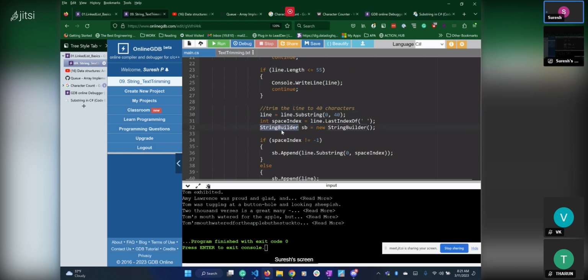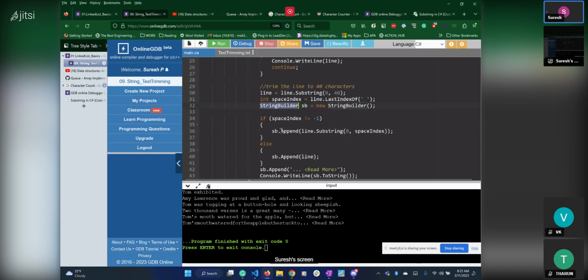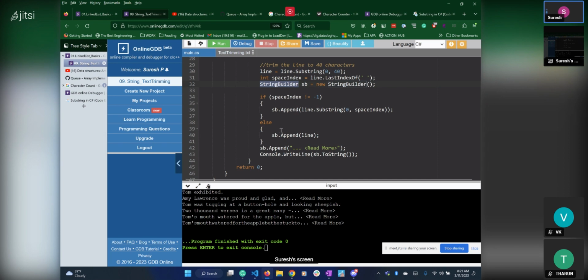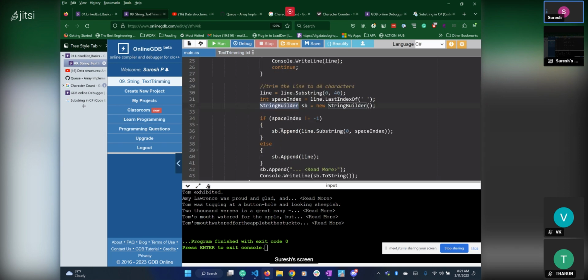So what StringBuilder does is, StringBuilder was designed in such a way that it will be able to append, it won't create a new memory location. I'm not sure how they did it internally. We don't know the internal details of the implementation, but I assume it will allocate more memory than needed. So basically, with StringBuilder, we took the StringBuilder, we appended